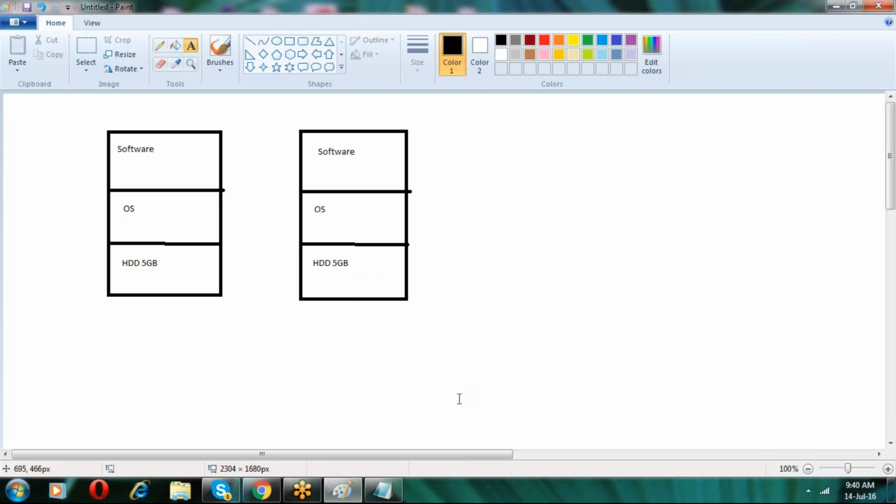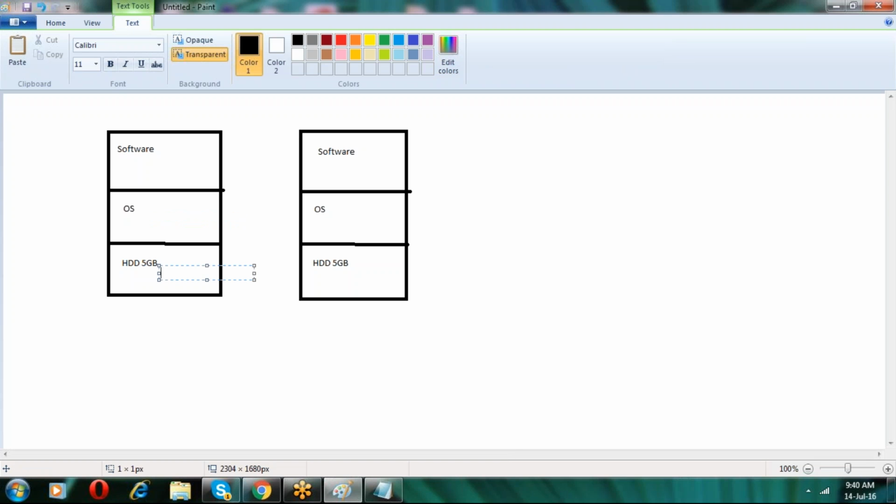In cloud computing, we go to a further level, separating each and every layer: the software, the OS and the hard disk. Everything is separated and independent, with no dependency. If the OS is down, I can still access my software and take my hardware. If the hardware is down, I can still work with the OS and the software.